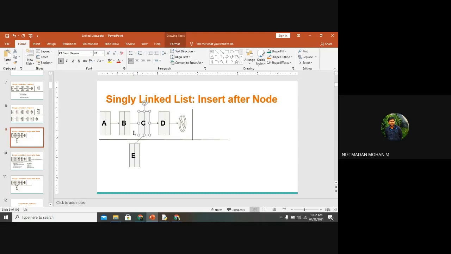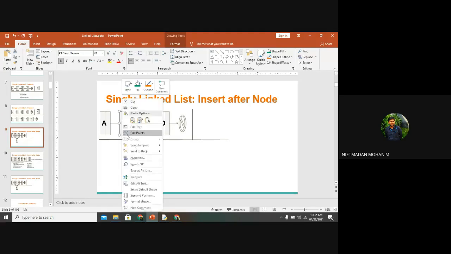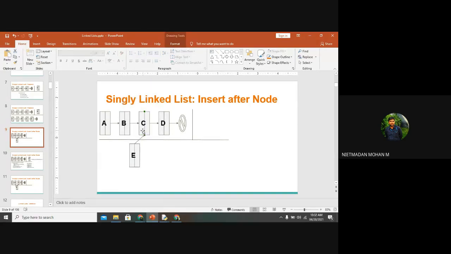Don't go with the lines of code or programming concepts. You just tell me what this is. The first thing is data, and the second thing is link. For this B, I have represented this is data and this is link. And here this is data and this is data and this is link. So here also this is data and this is link.